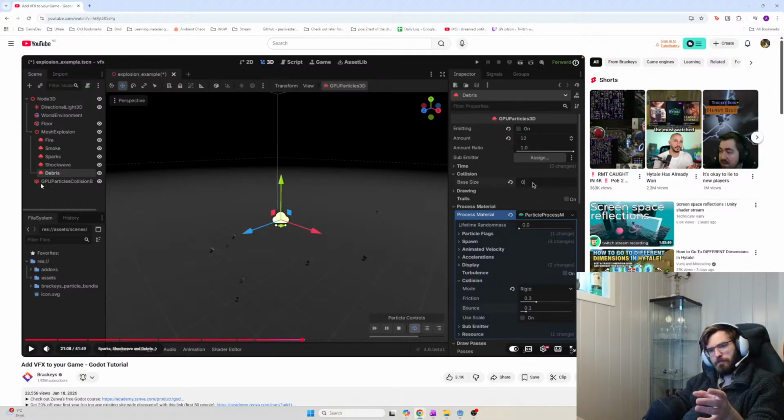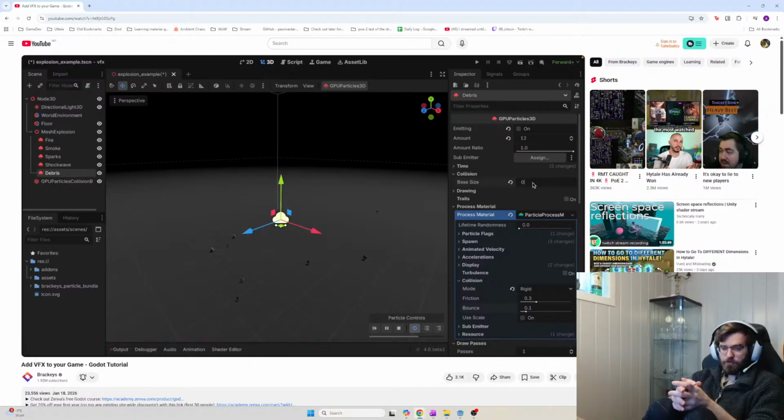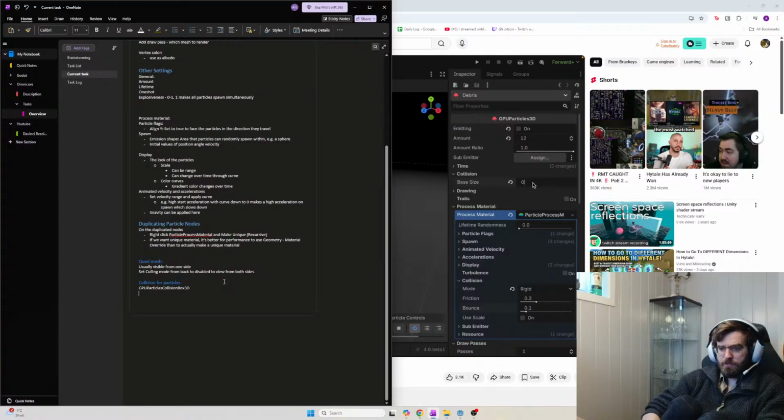So I imagine what we can do is have the mining block with the GPU particles collision box on them, and then when we spawn debris, the debris will actually stop at any mining block. And I think that might be how we can do that. Try adding it to